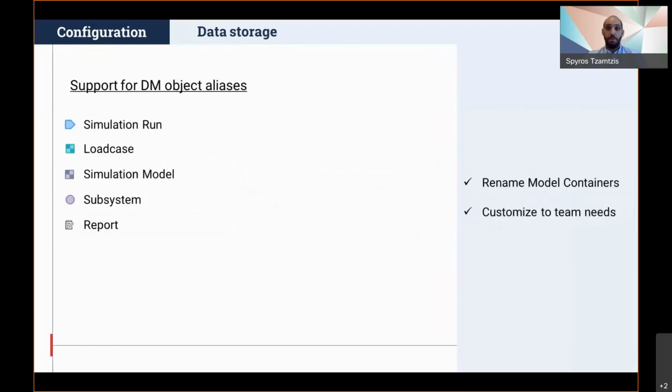To allow the configuration of the data model in use, the DM schema now supports the definition of aliases that can define alternative names for model containers. Using aliases, labels such as subsystem, simulation model, or load case that are widely used in the model browser and in the DM browser can be renamed into something else that is closer to the terminology used in each engineering team.